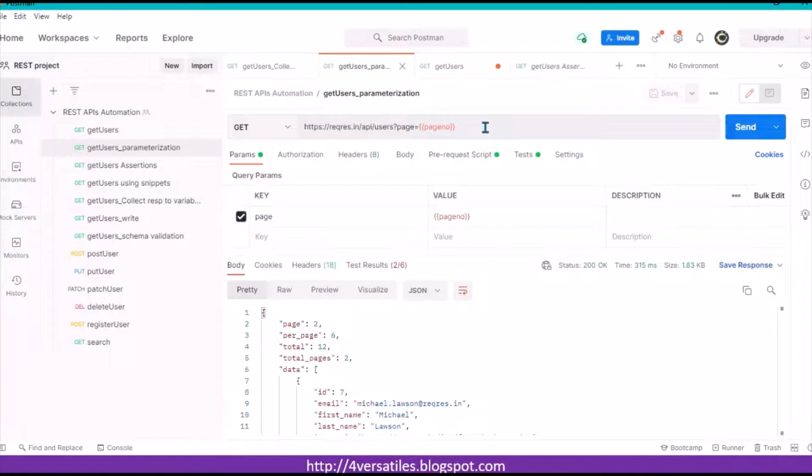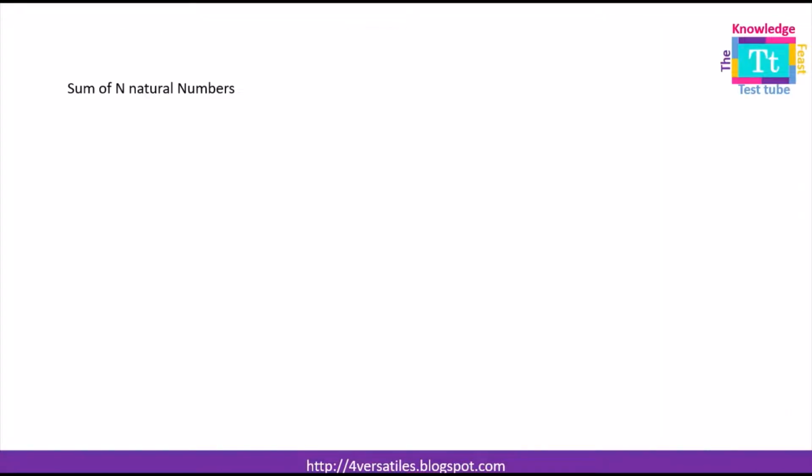So parameterization is actually deriving an equation in order to find a solution for many patterns, right? In this example, let's try to understand from the mathematical example itself. The problem is to find the sum of n natural numbers. Let's say that S is the sum of n natural numbers, 1 plus 2 plus 3 plus up